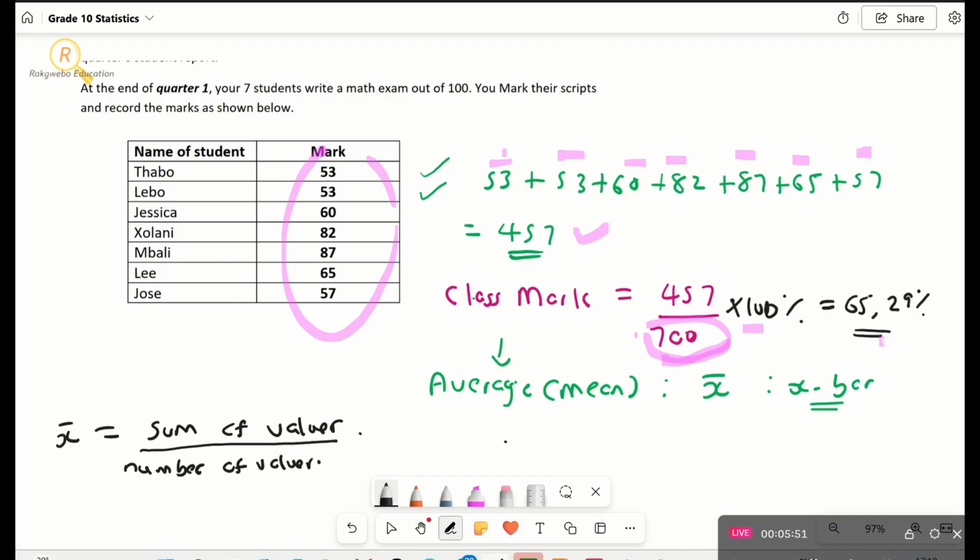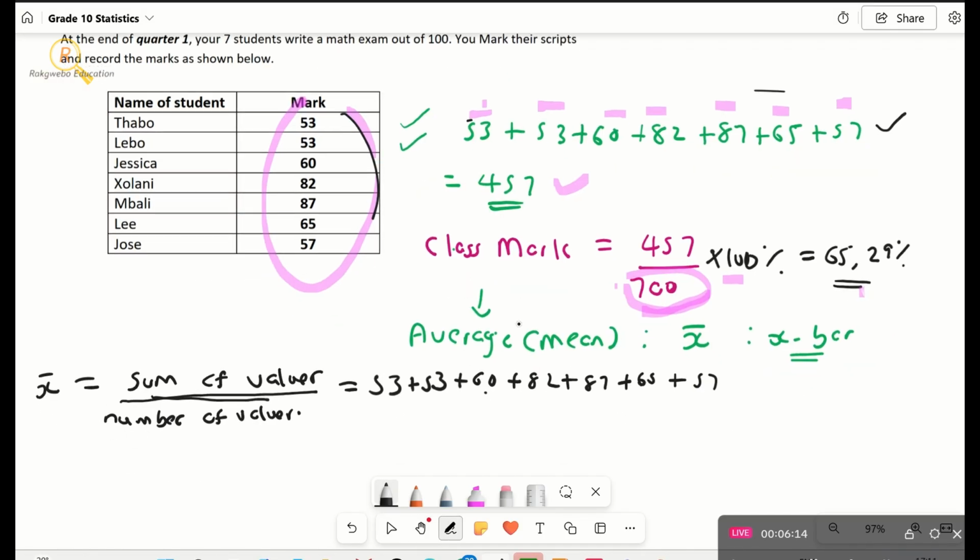Okay, so the sum of values divided by the number of values. In this instance, we essentially replace the sum of values with all of that. So that is 53 plus 53 plus 60 plus 82 plus 87 plus 65 plus 57, all over